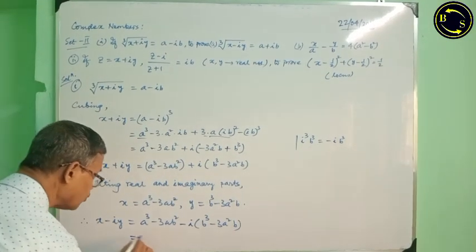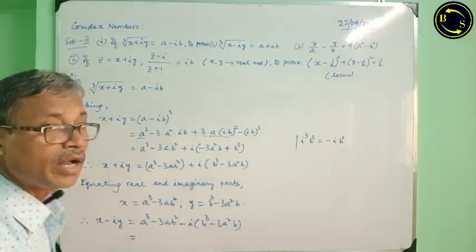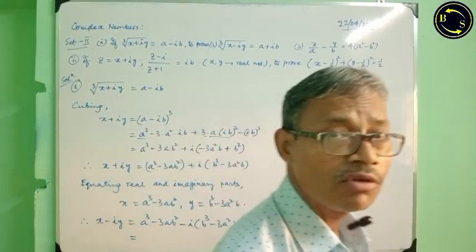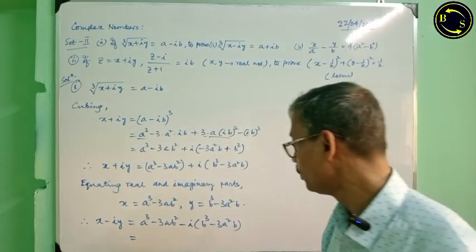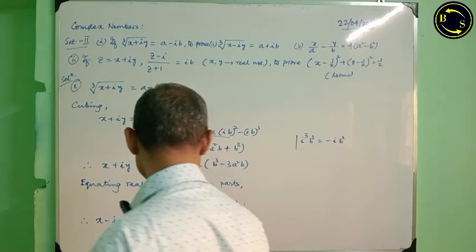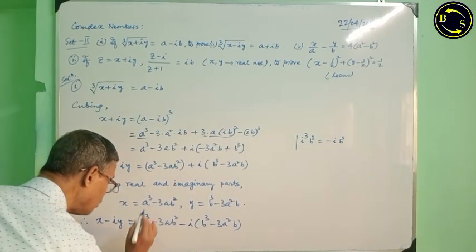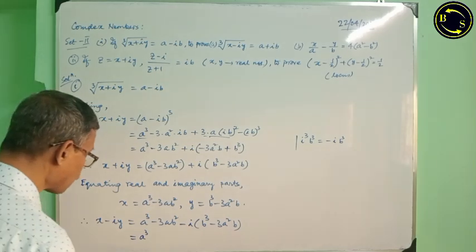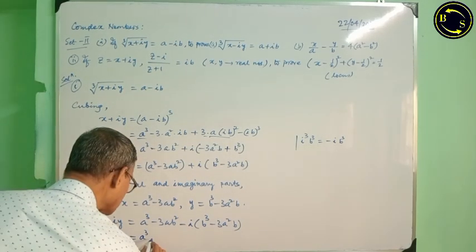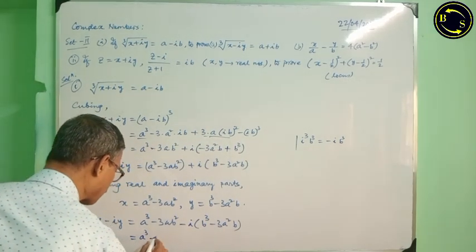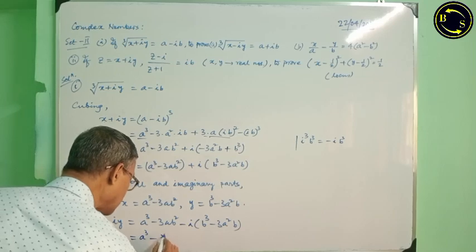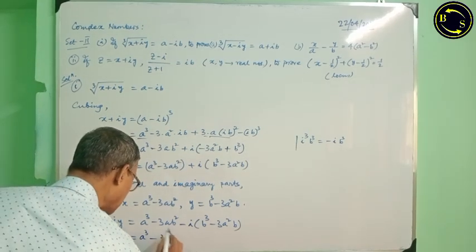Now we can arrange, keeping in mind the expansion of a minus b whole cube or a plus b whole cube, then a cube, 3 a